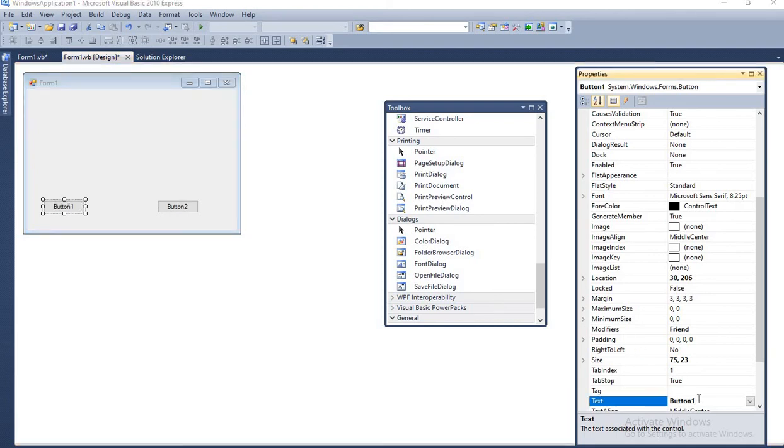Text property will be show message. And its property will be, as this is, hide message. Okay, so these two properties are already changed.